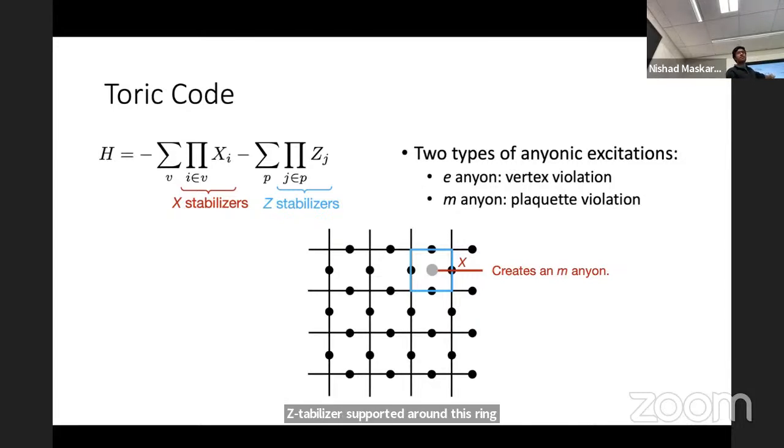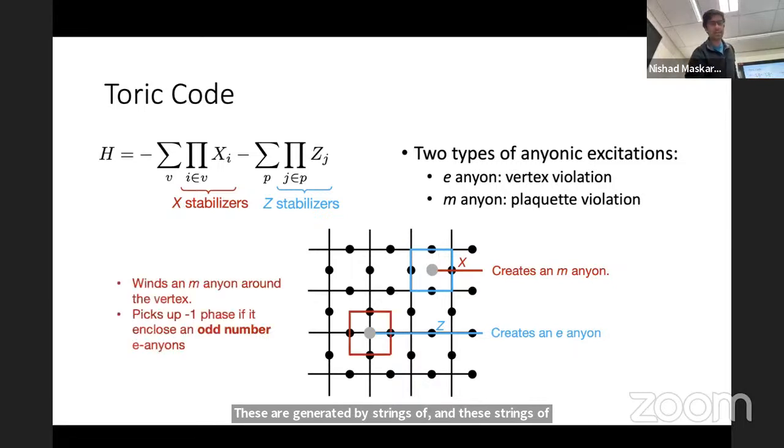And so because it flips the sign of the Z stabilizer, it carries energy over. Equivalently, we can think about the other operator, the one that creates excitations on the vertices. These are generated by strings of Z's, and these strings of Z operators flip the X stabilizers here. Another thing that's important to note is that we can actually detect this energy here